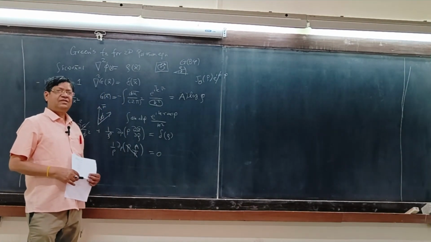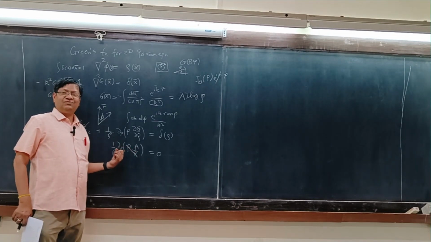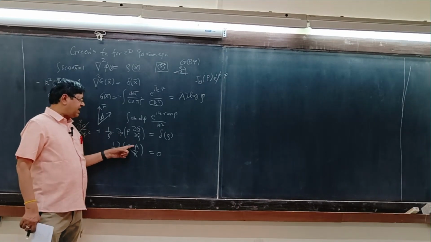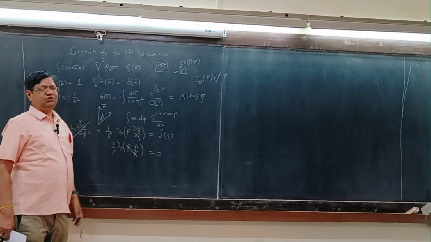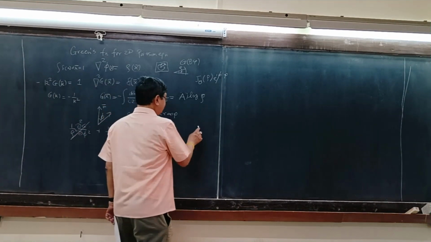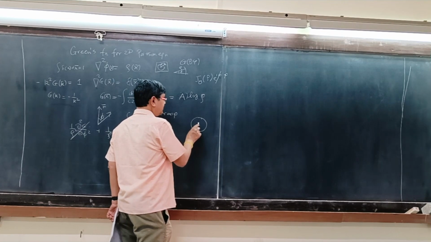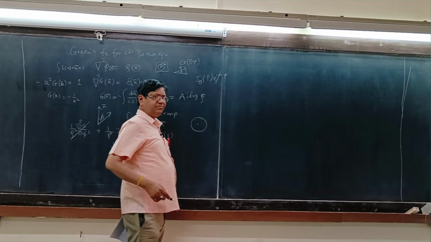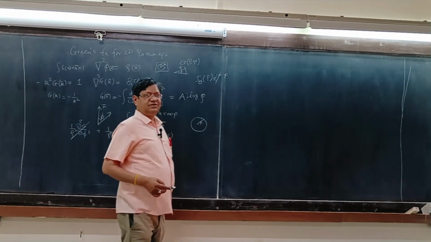for all rho except, this derivation is not valid for which rho? Rho equal to 0. At rho equal to 0 there is a singularity, so I can't take a derivative at the singularity. How do I solve it for rho equal to 0? For rho equal to 0, we need to do the Gauss theorem. So you make a small circle, and this distance is rho, but rho is tiny.